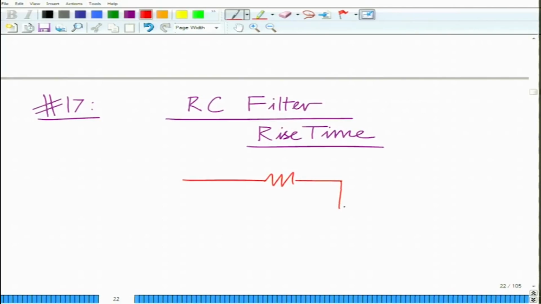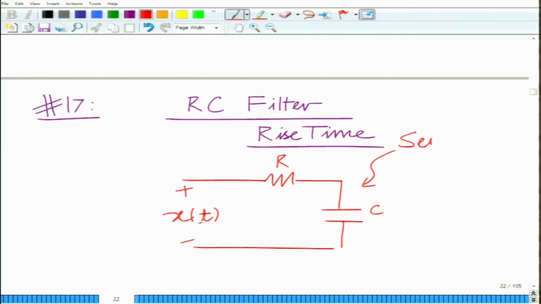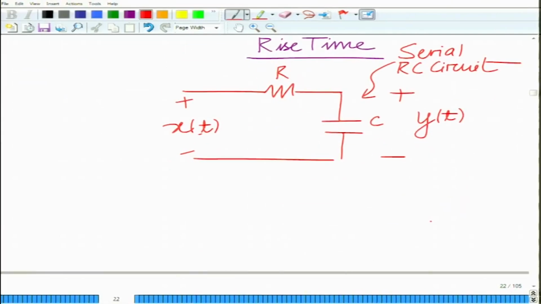Let us say we have a serial RC circuit, the input is the signal x(t), and the output across the capacitor, the output voltage across the capacitor, is y(t). So, this is your serial RC circuit,